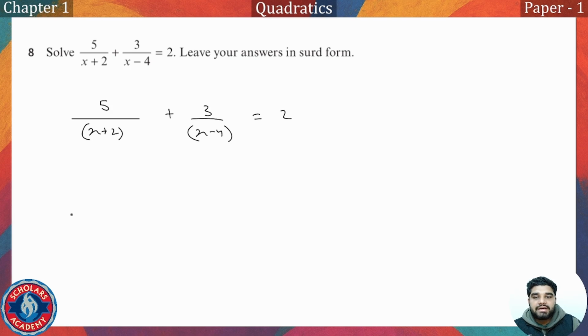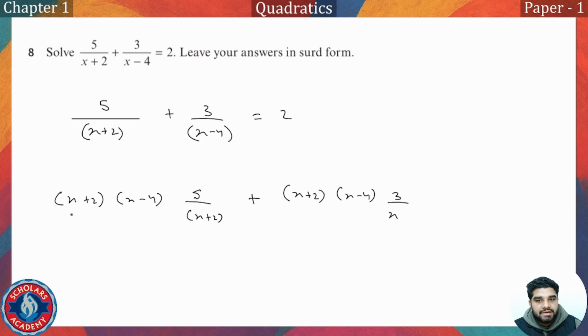We'll multiply with x plus 2 and x minus 4. So what do I mean? x plus 2, x minus 4 times 5 by x plus 2 plus x plus 2, x minus 4 times 3 by x minus 4. So we are multiplying with both the denominator functions,